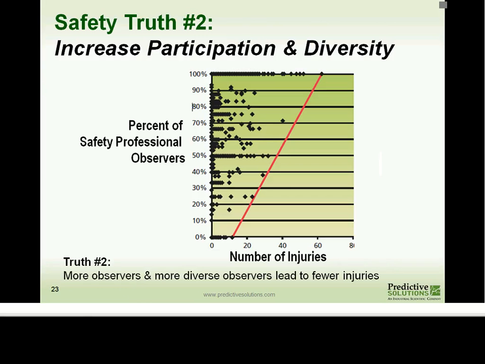Now, the problem with that is that we all have different filters on our cameras. We all see things a little bit differently. We all have different experience levels. We see things a lot different. So what we need to do is have many people taking snapshots of culture out there. And then when we combine all the snapshots, we get a good picture of our culture. So this is a great example of how getting more engagement from the whole workforce is critical to eliminating death